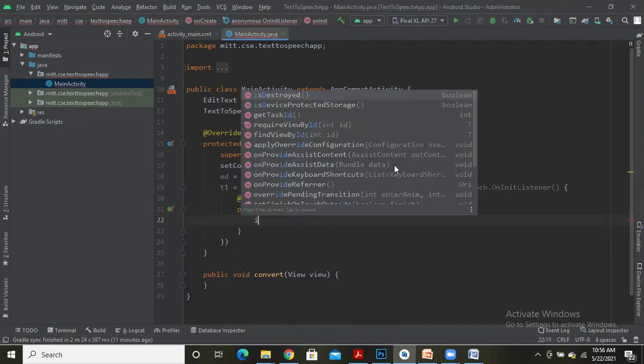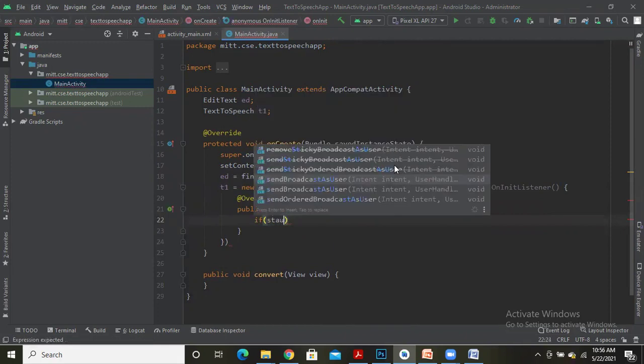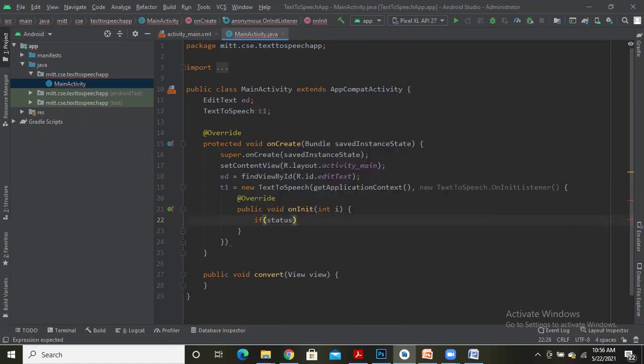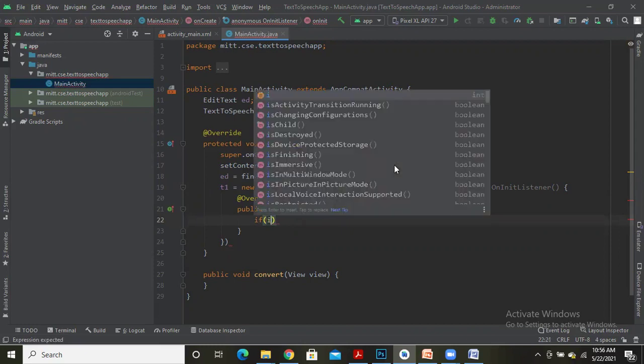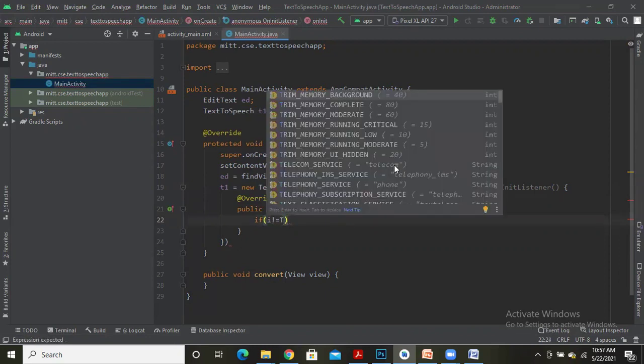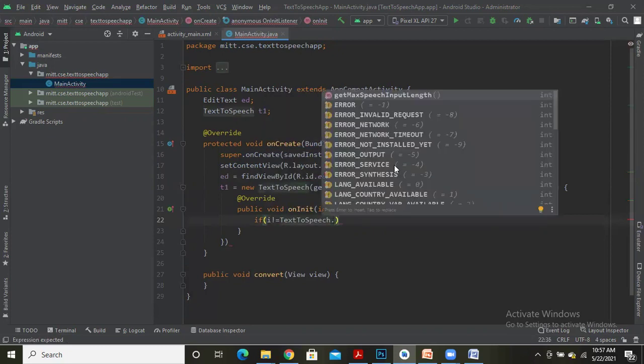Let me write if status, which is taken as an int, is not equal to TextToSpeech.ERROR.